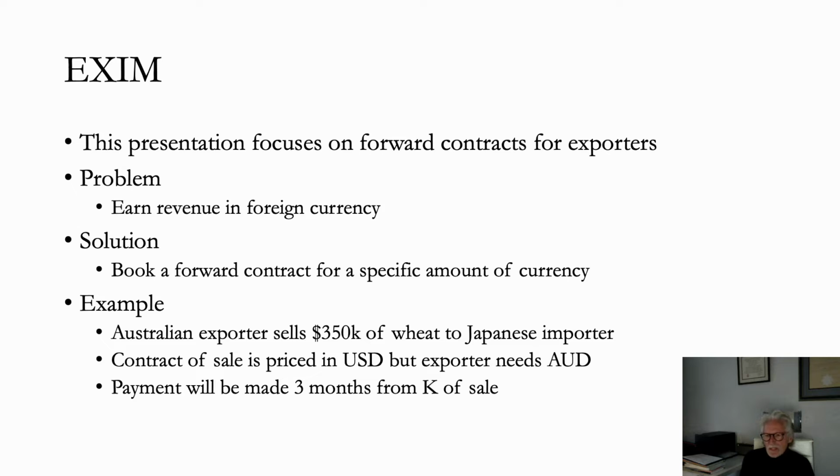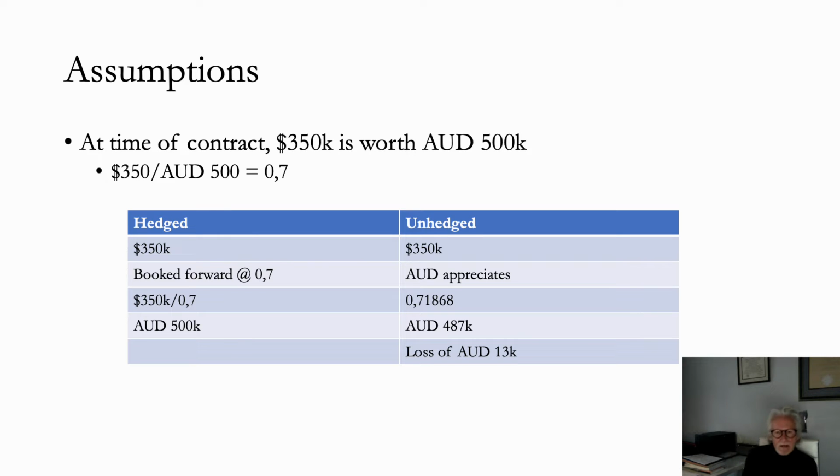We also know that it's not uncommon for international trade contracts to be priced in dollars and not in local currencies, those of the exporter and importer, because the dollar not only is a global reserve currency, but the predominant invoice or trade currency. So let's take our example even further by weaving in more assumptions. So at the time of the contract of sale,